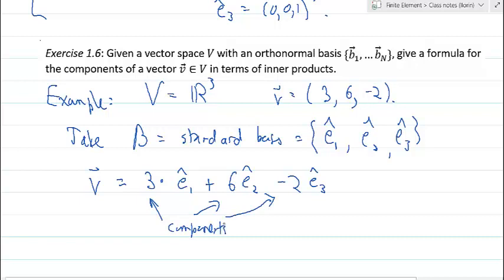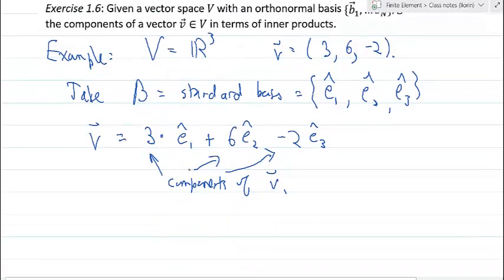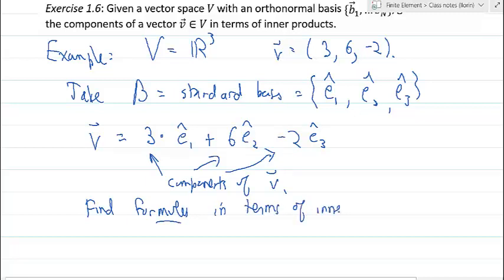But I want to find a formula for these components in terms of inner products. Now if you notice that in the usual inner product, we write, the usual inner product is x1 y1 plus x2 y2 plus x3 y3. So note, for example,